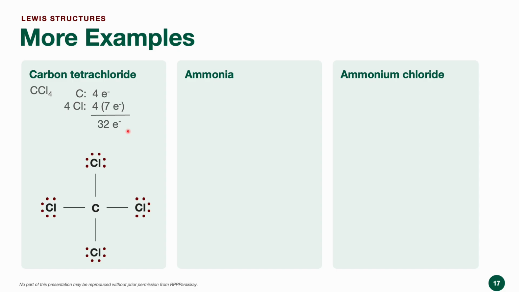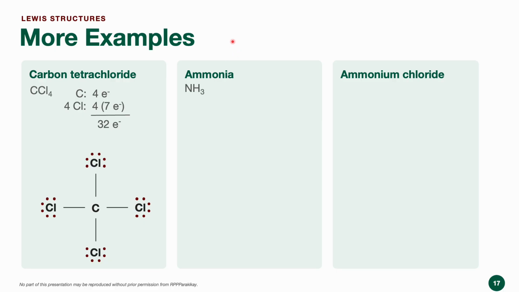And as we can see, all of the atoms follow the octet rule. For chlorine, you have 3 lone pairs, so 2, 4, 6, plus 1 bonding pair, so that's 2 electrons. For this chlorine, you have 8 electrons surrounding it. And for carbon, the central atom, you have 2, 4, 6, 8. So both chlorine and carbon follow the octet rule.